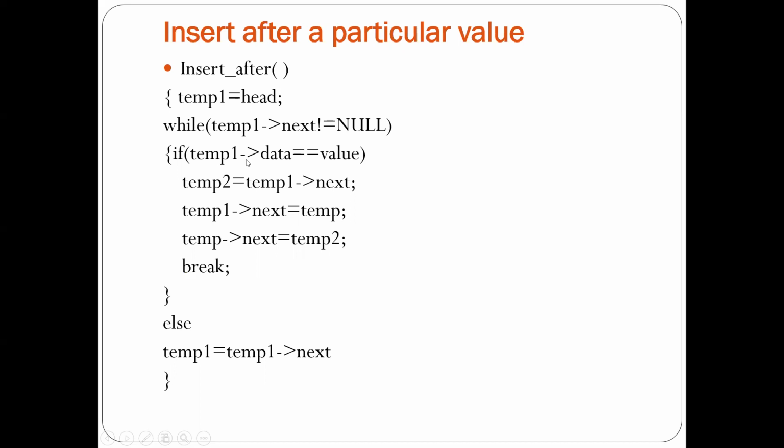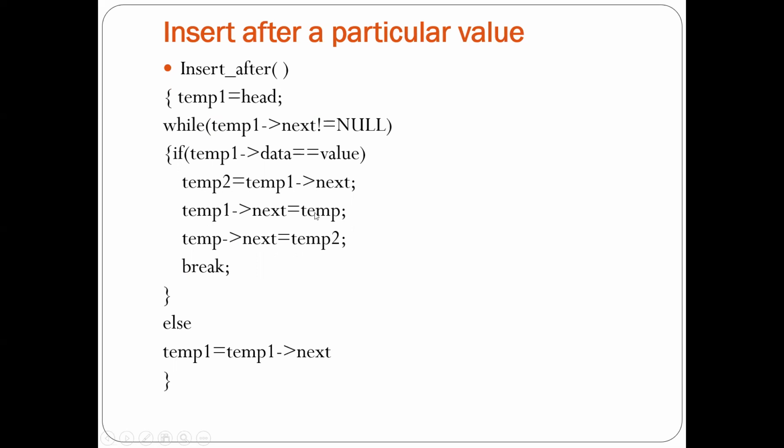So if that value is present in the linked list, then I'm taking one more pointer, that is temp2, and I'm initializing it to the next node after temp1. Like in our case, 10, 30 and 20 are the three nodes here. The original link is between the 10 and the 30. I want to insert the 20 as a new node here. So this temp2 I'm setting to the 30. Because if I want to establish the link between the 20 and the 30, this right side link, then I should know the name for the 30. So for that purpose, I'm taking this temp2 pointer and initializing it to the 30.